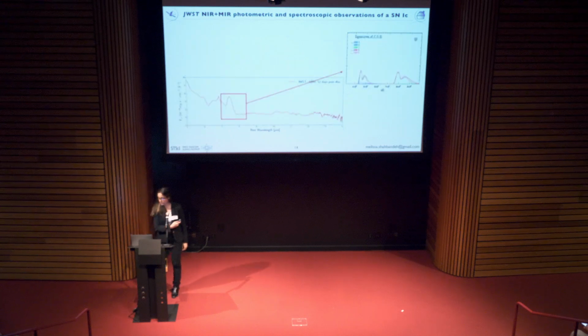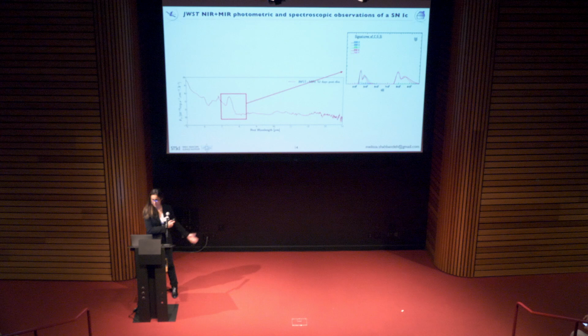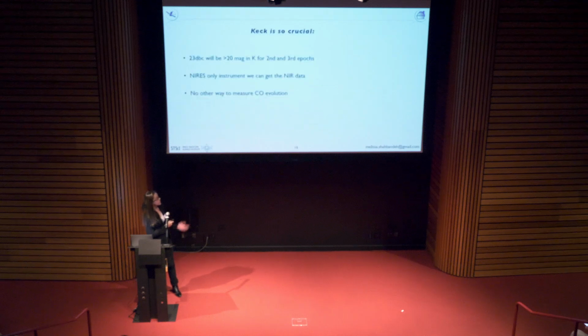And we also have the mid-infrared spectrum. What you see here that I've marked is the SiO molecule showing up, which nobody actually expected, but it's a significant result, having all these spectra going from optical to mid-infrared. And that is why Keck is crucial, because in December or January of next year, 2023bc is going to be fainter than 20 mag in K. So the only